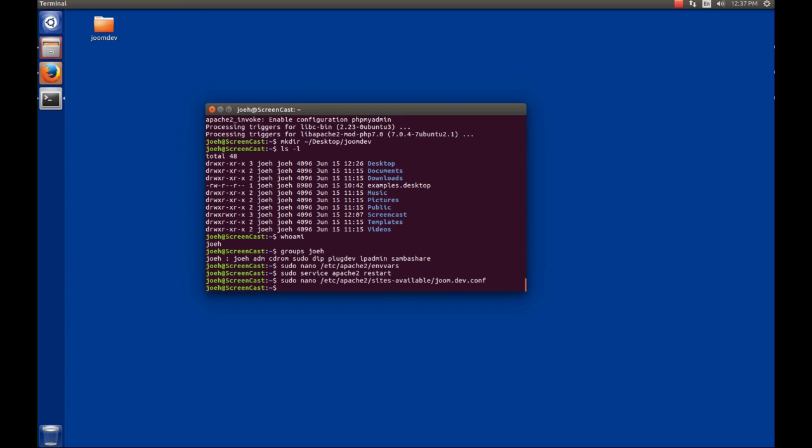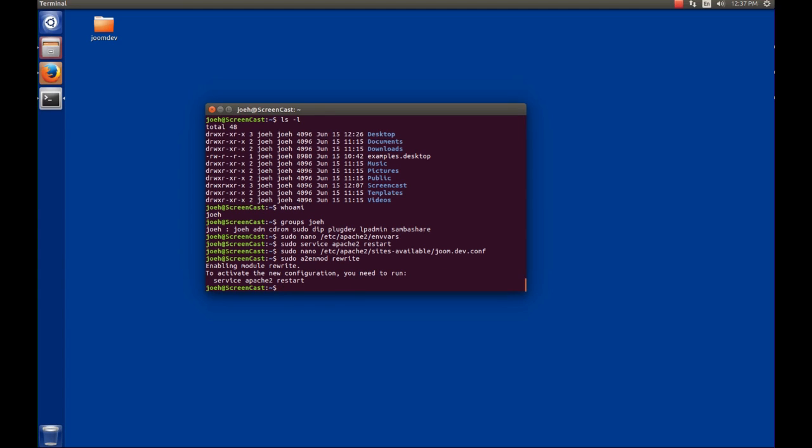So now that we have the virtual host file created, we have to do a couple of things to make this work. First of all, Apache has to be able to rewrite URLs. In other words, when it sees a request for just localhost, it needs to know that it just goes to the default web directory. But when it sees a request for joom.dev, it needs to go to the joom.dev virtual host. So in order to do that, we have to enable a module called rewrite. So we'll sudo a2enmod, that means Apache 2 enable module, and the module we want to enable is rewrite,